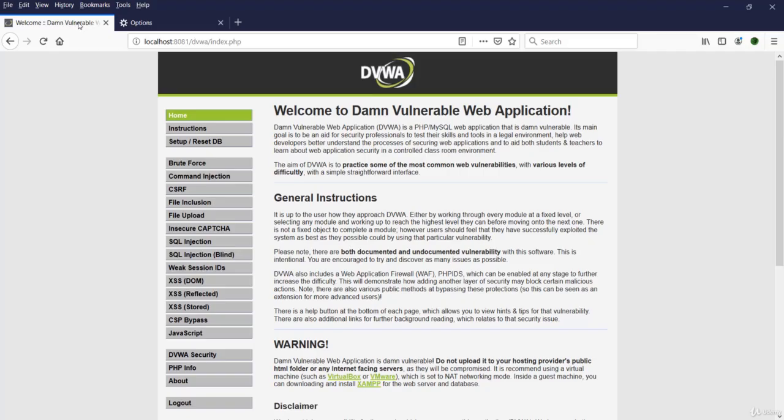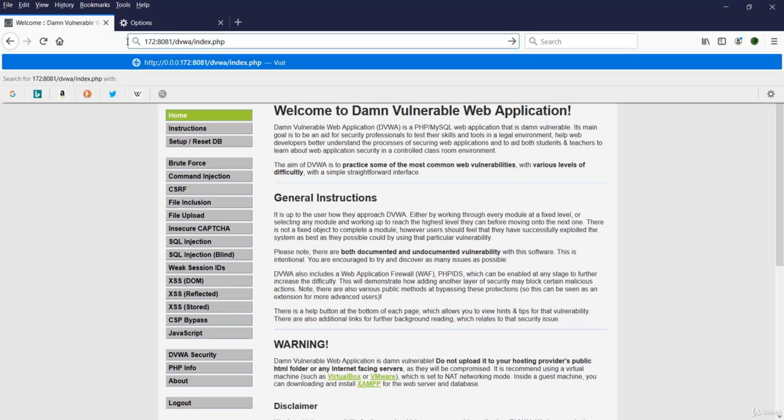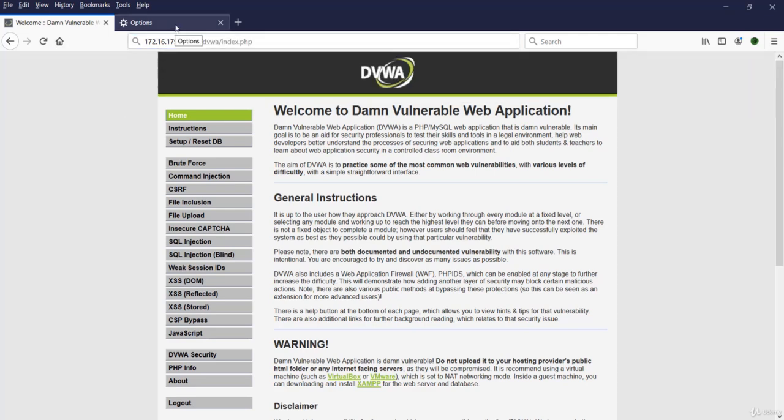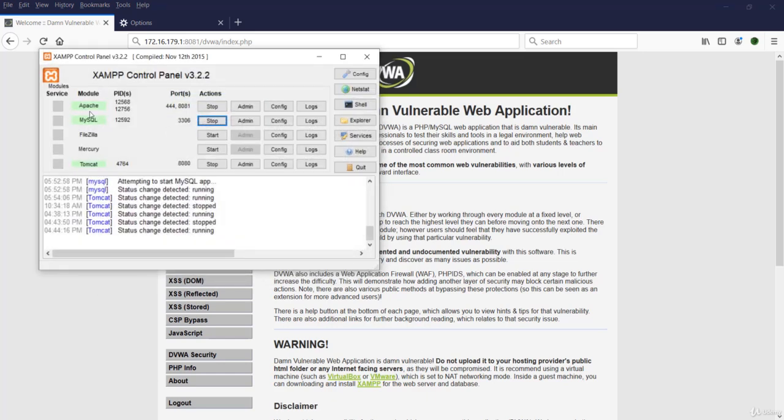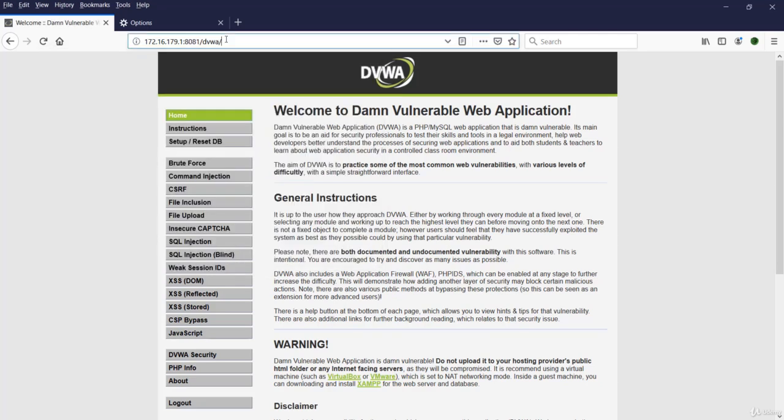Now go to your DVWA lab. Instead of localhost, type the Burp Suite IP address which you have selected over there. And the port over here is 8081. You must be wondering that in Mozilla option we have selected port 8080, but over here we are using port 8081. Why is that? It's because over here the Apache server is using port 8081 to access DVWA. So we have to use port 8081 over here. Now hit enter